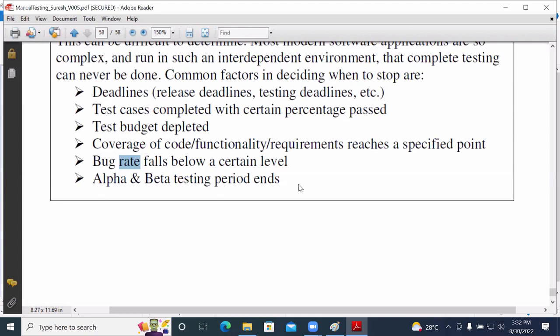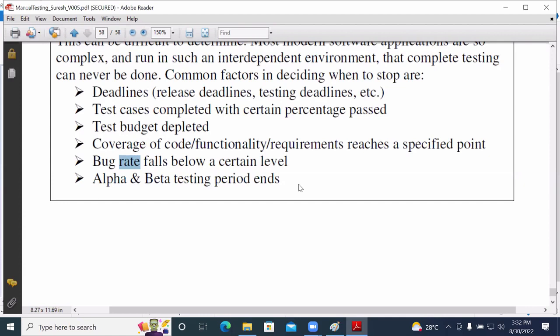Once the developer has fixed the bug, he will take care of the retest. As a tester, you have to retest that particular bug. Once it is retested, if it is working as expected, you will close that particular bug.